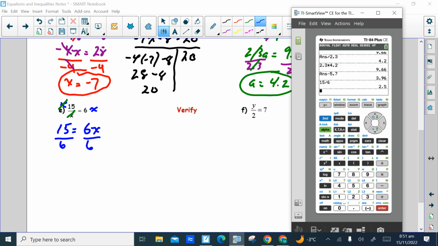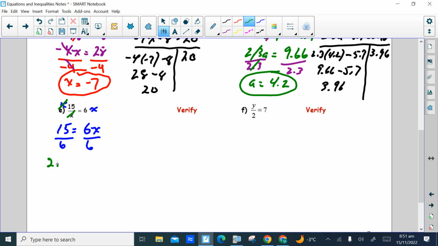The fact that it's a terminating decimal means we can use it. If we get a repeating decimal when we're doing this, we can write it down rounded, but it's better to leave it as a fraction in lowest terms. If you use a rounded value in your check, it won't work because it's not exact. But because we get exactly 2.5,